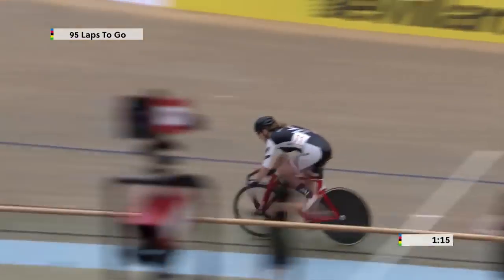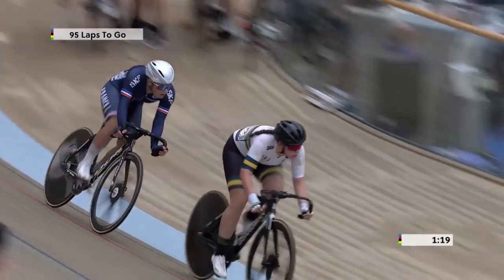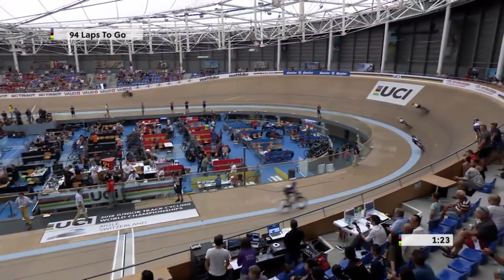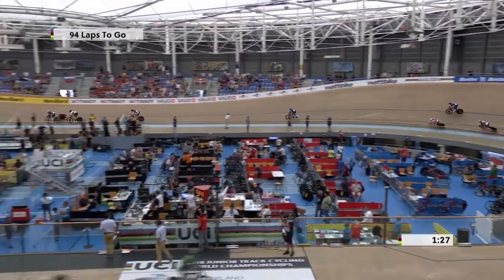Of course, the Italians were last year's champions. The other half of the Italian team is back in action, and as long as her teammate is off the track, she has to continue alone, so no handslings for her. And the rider who is back in the action, the red number, is Gloria Scarsi, and it's Vittoria Gorzini, the